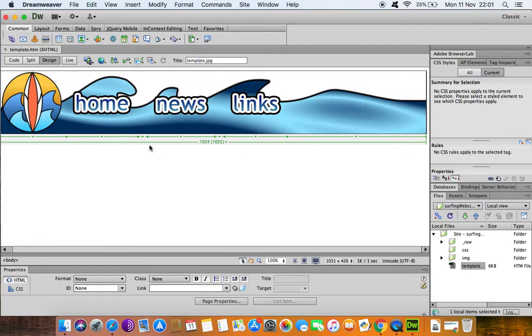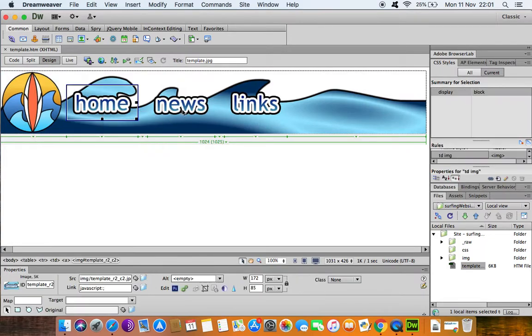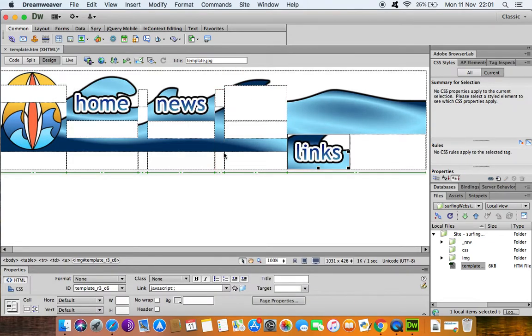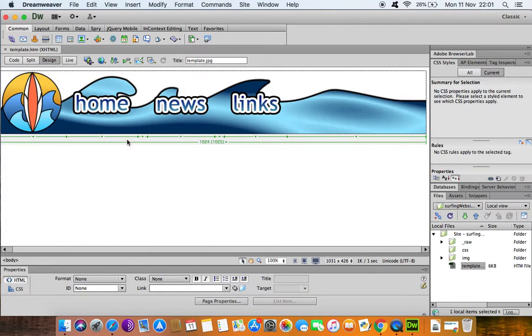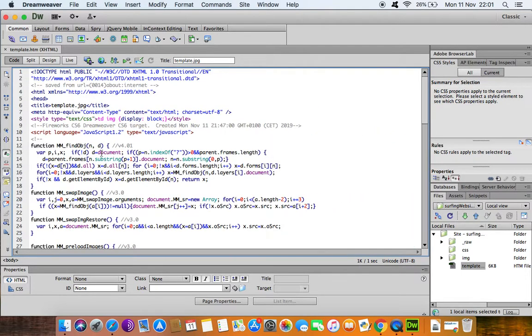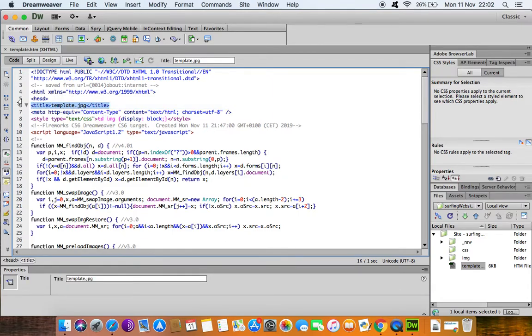And this is probably what we want to do, look at the design mode. Okay. Now in design mode, you can click on these things, just make sure you don't move them by accident, because you can see what happens, it makes a mess, so Control Z to undo that. And this is all inside a box. So what we want to do here is change a few bits. Now, in the code, we did have the title of our website, and that was here at the top, for me on line 6, yours you'll have to find it. So here it says